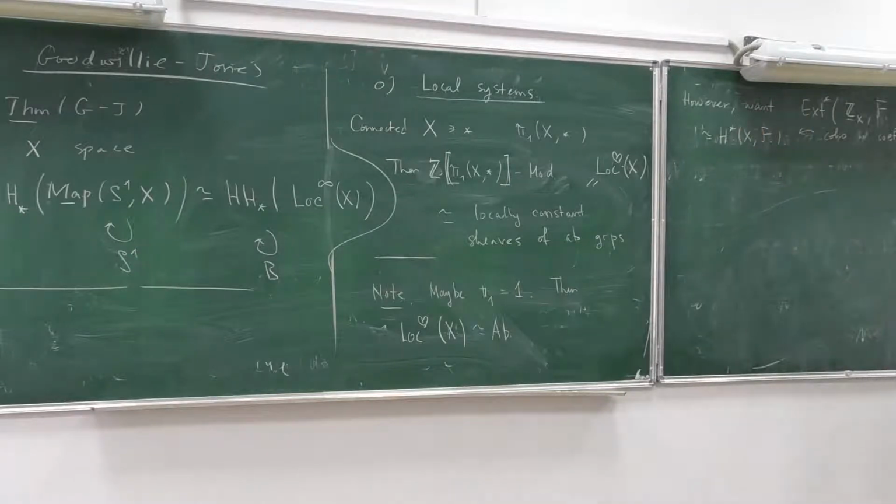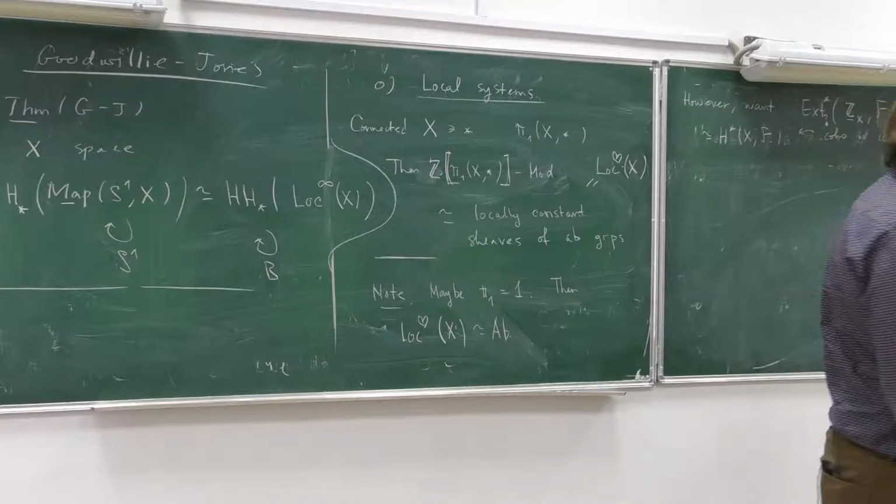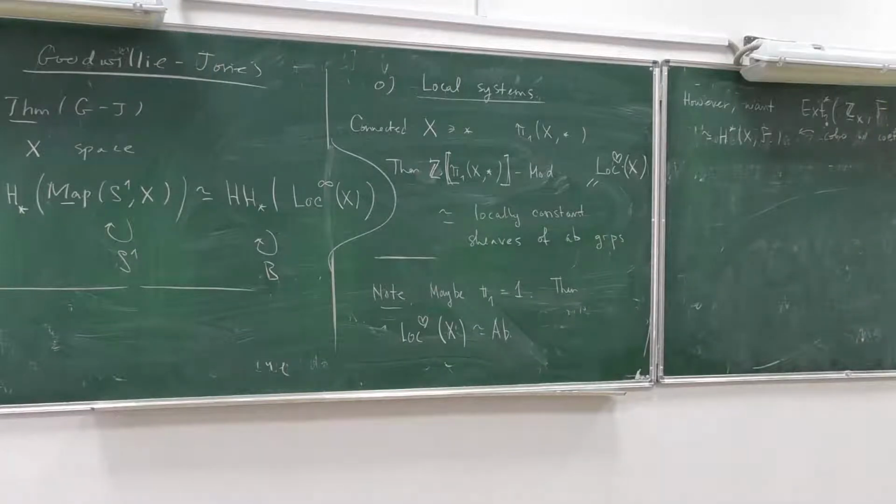But wait, we can take X in the category of... So the question is, in which category should I take X so that this is true? Because the category of local systems is abelian, but if you take the Yoneda X, in general it won't give the right answer. On the other hand, if we take sheaves with the constructible cohomology, I'm going to give 2-3 descriptions of it. Okay, so one solution.